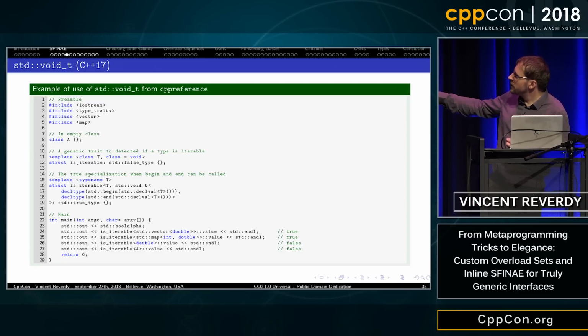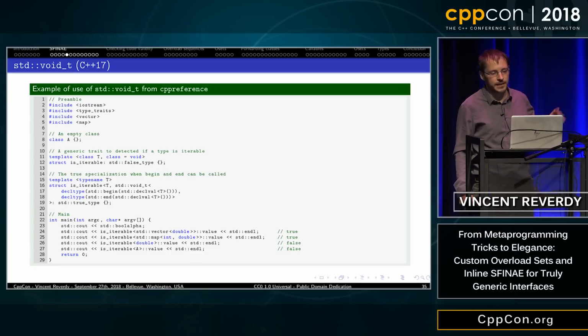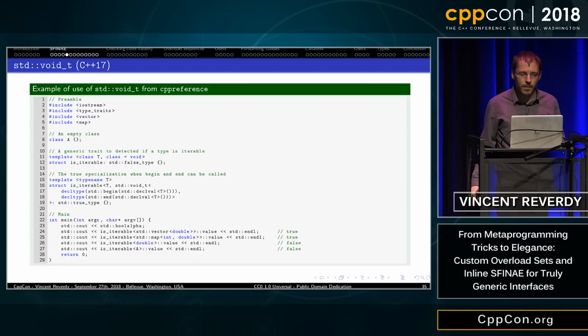And then I use the void_t to say that this type will be more specialized if I have begin and end that can be executed on T. And using that technique, if I call is_iterable on vector, then it returns true. Same thing on map, but on a double or on this data structure, it doesn't work. It returns false without the code crashing, without the compiler crashing.